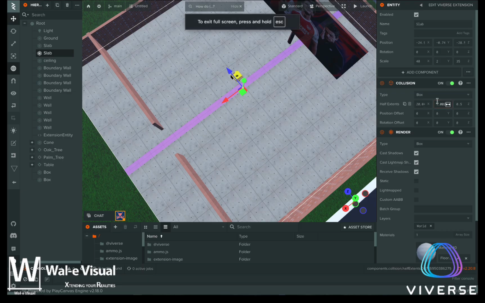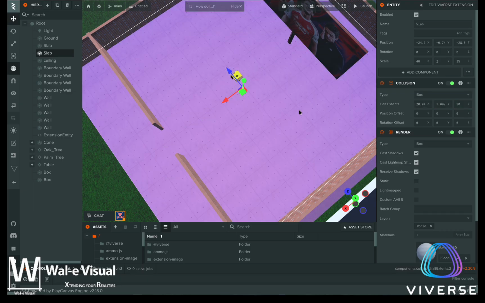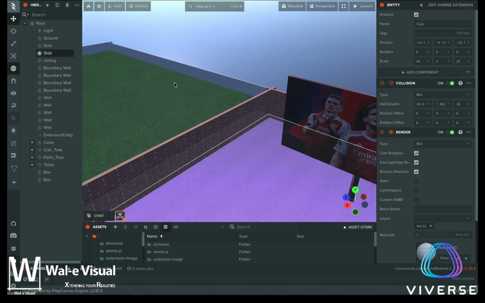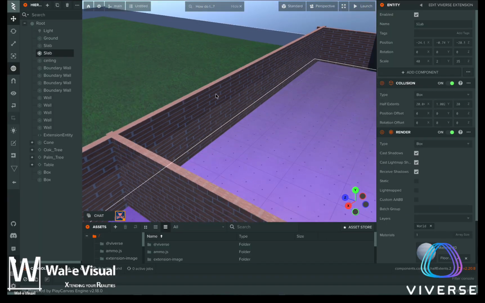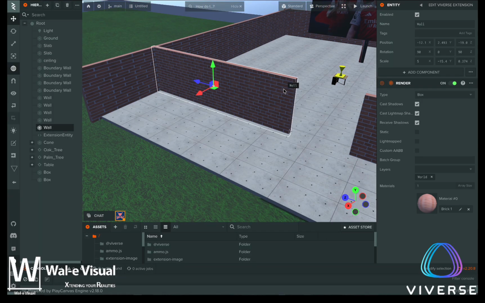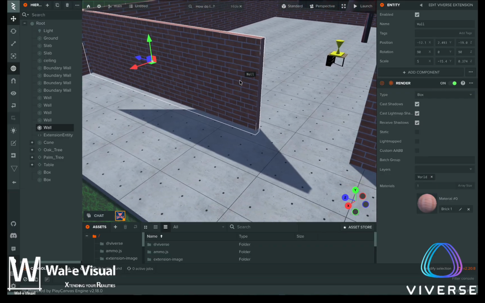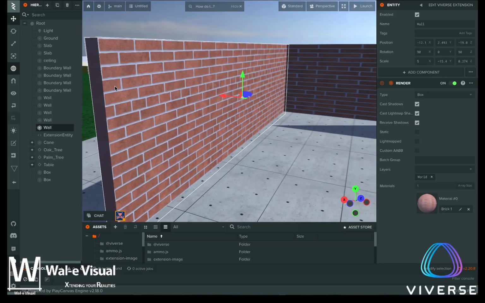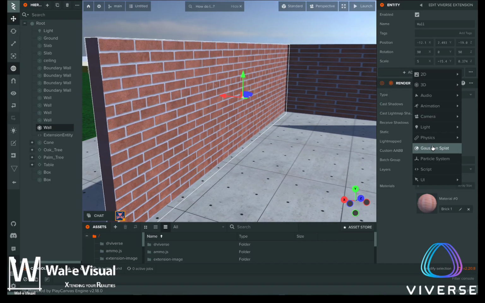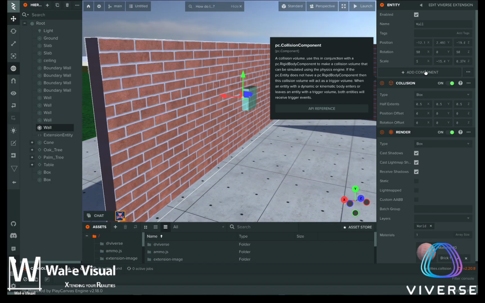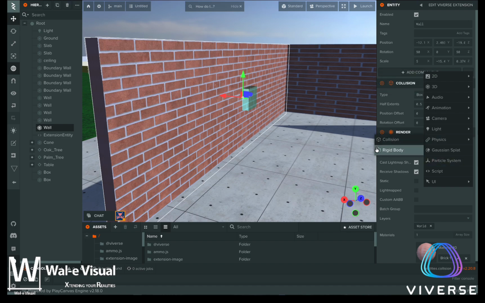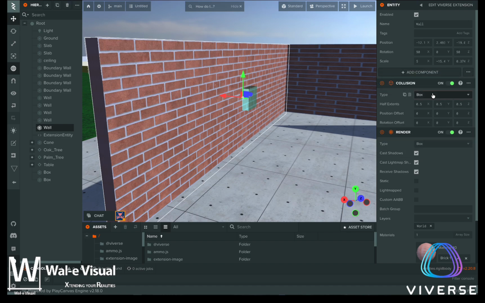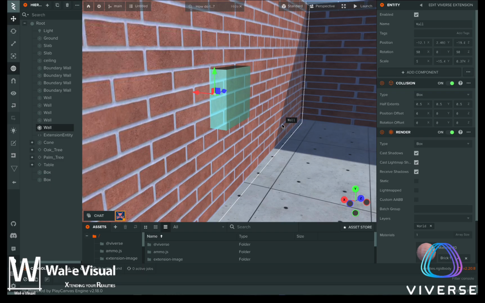So that I can have a step. Let me also make this one 20. Next, let me add on this wall, so that I show you, your question was about the wall. So even on this wall, add physics, collision, add rigid body, just those two, and then we adjust